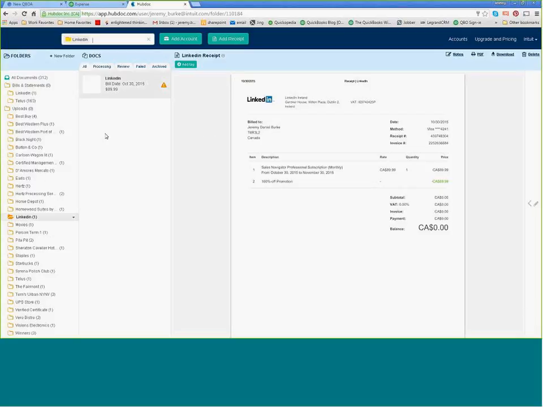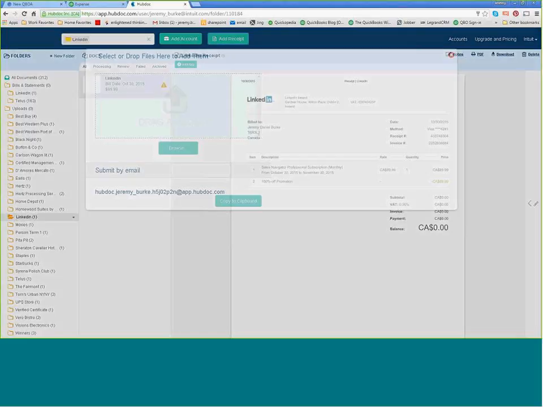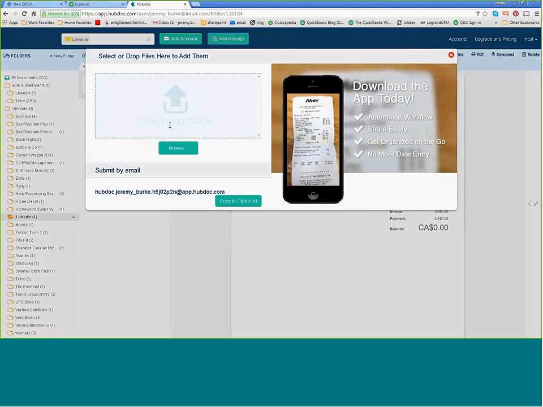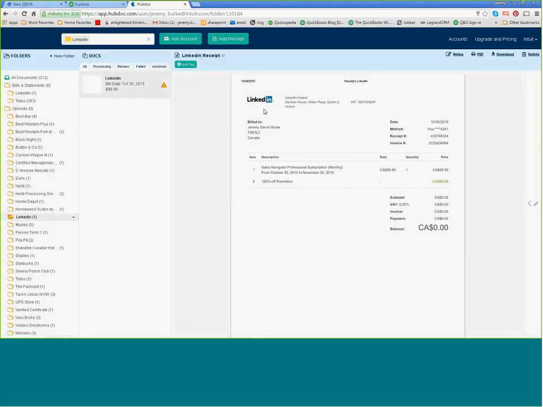Hubdoc either by taking a photo, or I can check them, or the third or fourth way is I can drag and drop files onto here, and then it'll read them and post them to QuickBooks Online if I wanted to, or I can forward it to this email address and then it'll get into here and forward it on there. So if you do 50 or more transactions a month in expenses, or you have a lot of recurrent expenses, this is a